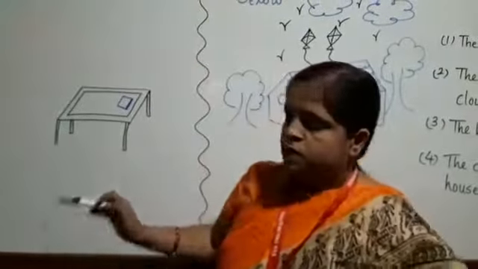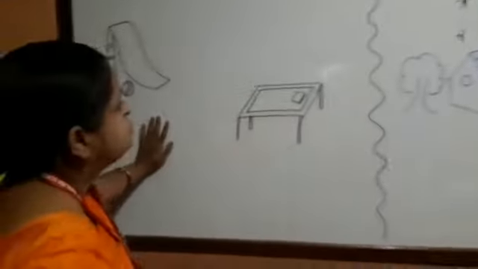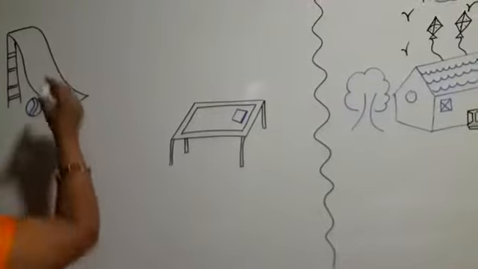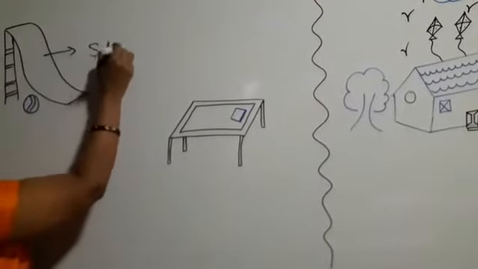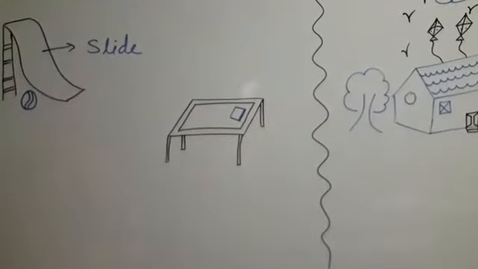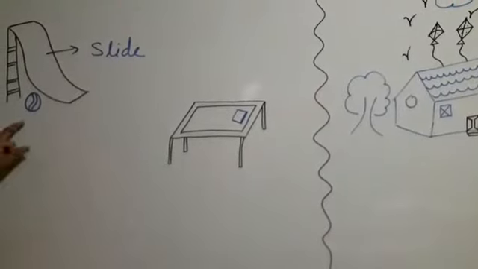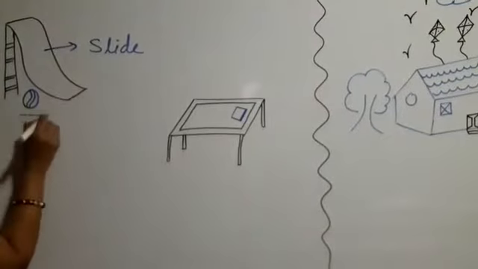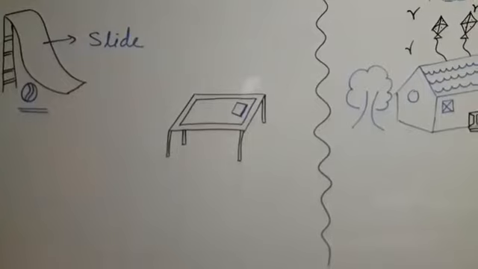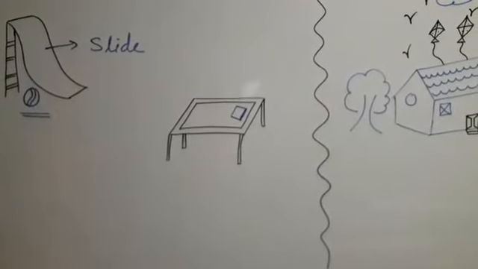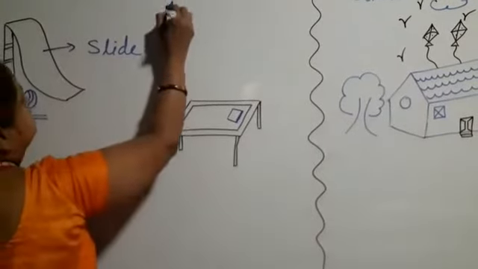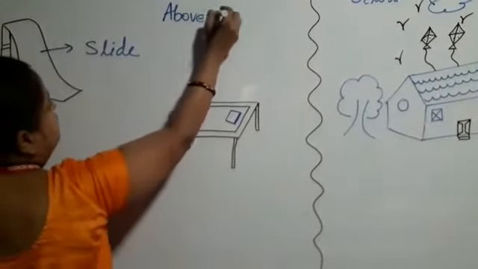Now let's move. See, I will show you one picture. See in this picture. What is this? Yes, you know it very well. It is slide. आप लोग गार्डन में जाते हो, है ना, आप स्लाइड पे खेलते हो ना, वही स्लाइड है. So you can see here one ball is there. Is it above the slide or below the slide? Yes, above का मतलब मैंने क्या बोला था, जो ऊपर की तरफ रहता है. Above means upper side, right?